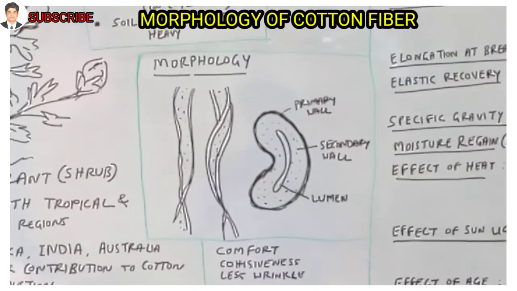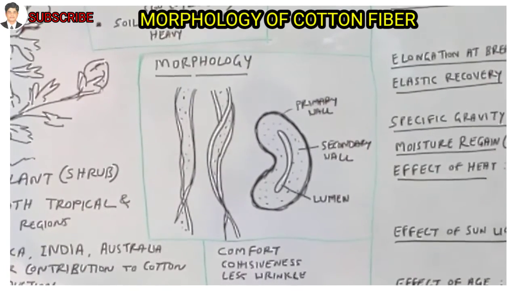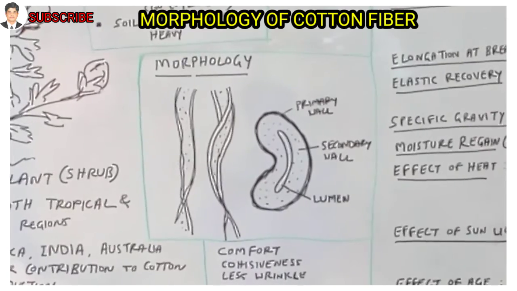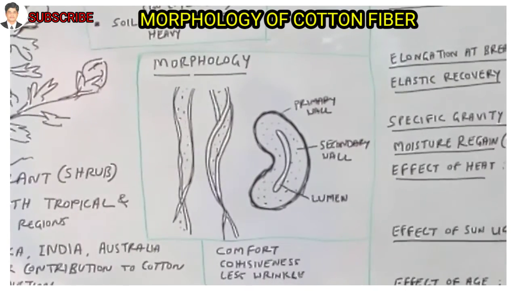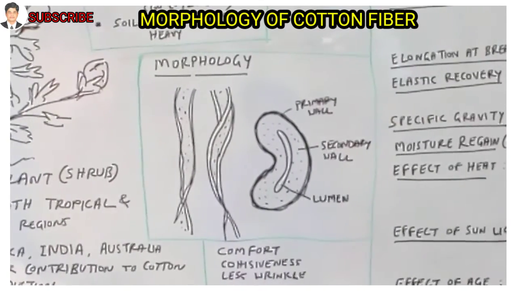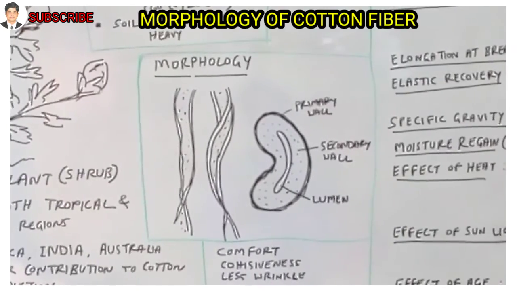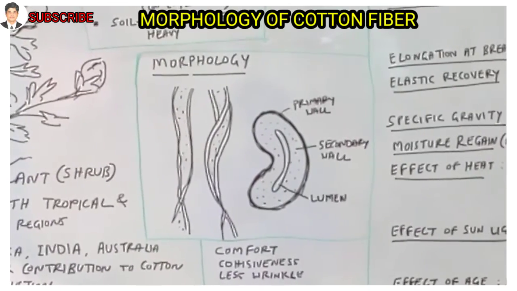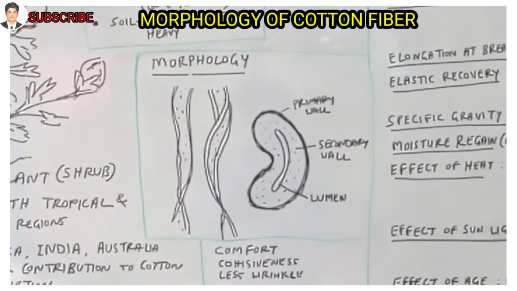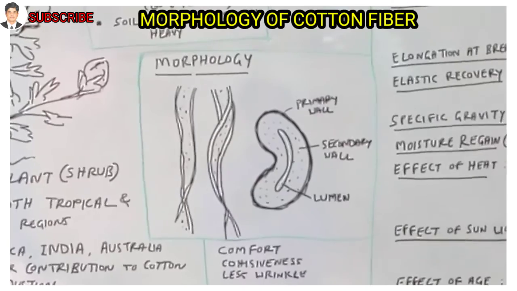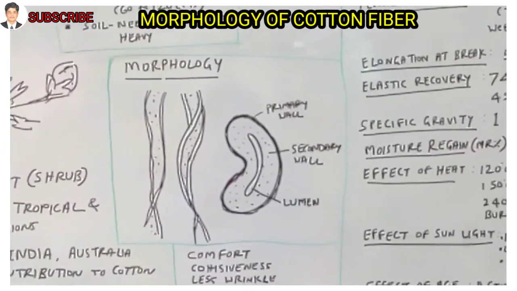Okay, around 92% of this fiber is made of polymer chains of cellulose. The rest, whatever portion is left, is free. That is usable for dye-fiber affinity, for wet processing, finishing or dyeing, whatever it is. The dyeability of the fiber depends upon the fiber morphology. Okay, this is about morphology.